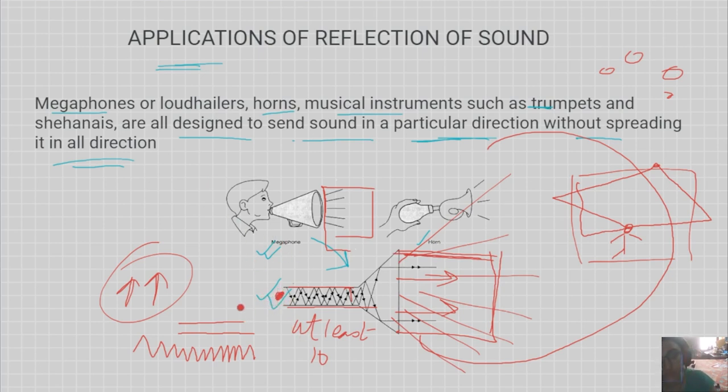Now if you speak very loudly here, obviously you'll get a much louder sound which will be spread to a much larger area. But if you make a normal optimal sound, then it will be intensified, but it will only be confined to a particular region. Okay. So this is one of the examples that I took.